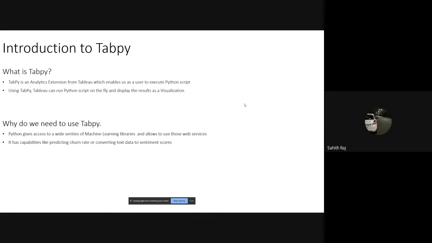The second thing is, while we are doing this process, we also have things called web services, which are much more advanced. But coming to TabPy, where we have already done some sort of EDA, and then going out to another web service which is paid, that wouldn't be good, right? So in this way, we are using this one.